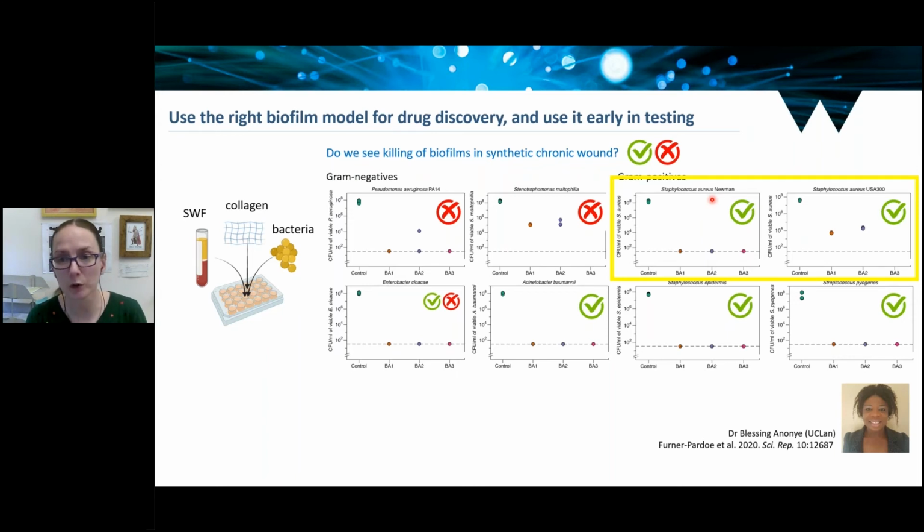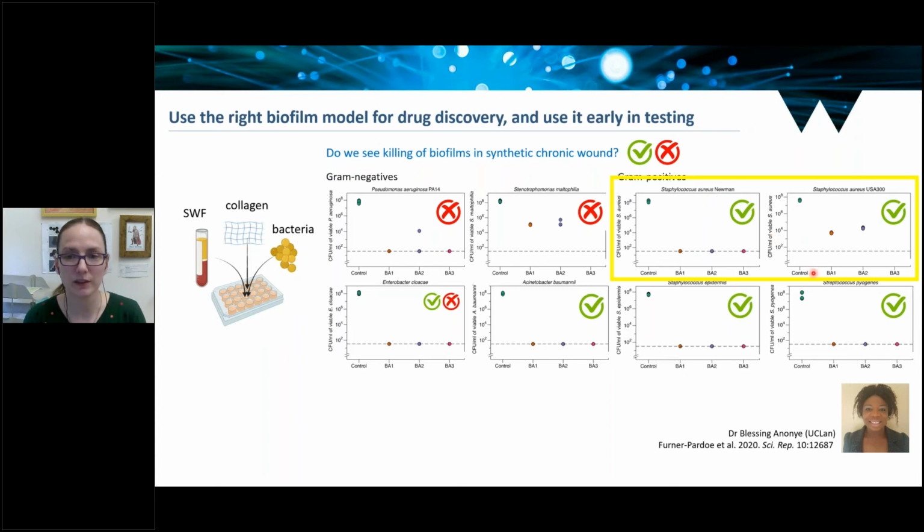In fact, they've been so promising that we've started safety testing. We've published on that. And we're now writing up a phase 1 human safety trial that we just completed this year to test if this mixture is safe on human skin, with the aim of developing it into a natural product formulation that could be turned into a treatment or a new wound dressing adjuvant for diabetic foot infections.